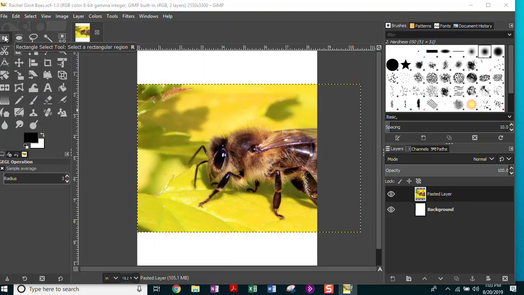So the next thing I want to do is show you the tools here. So when you hover your cursor over these tools, you'll notice it tells you what they are. So this is the rectangle select tool that'll allow you to